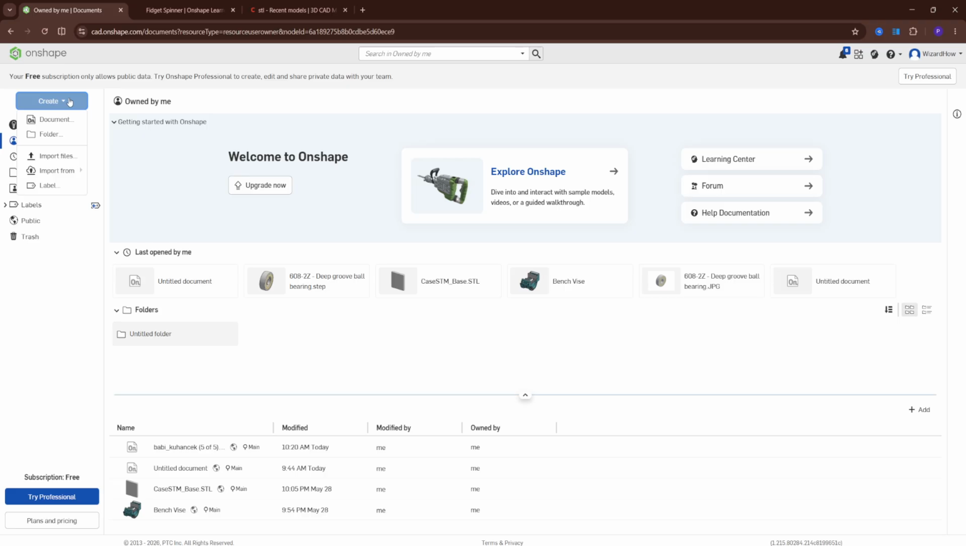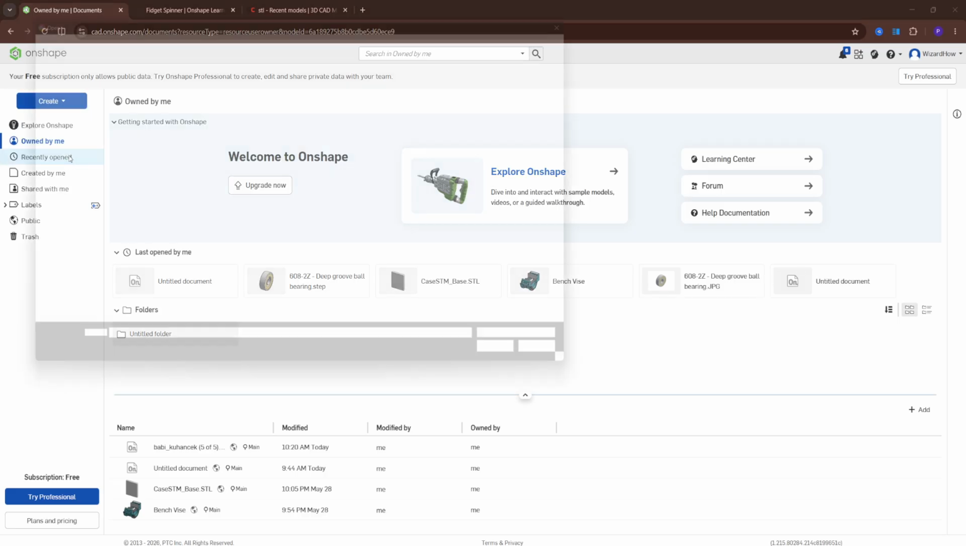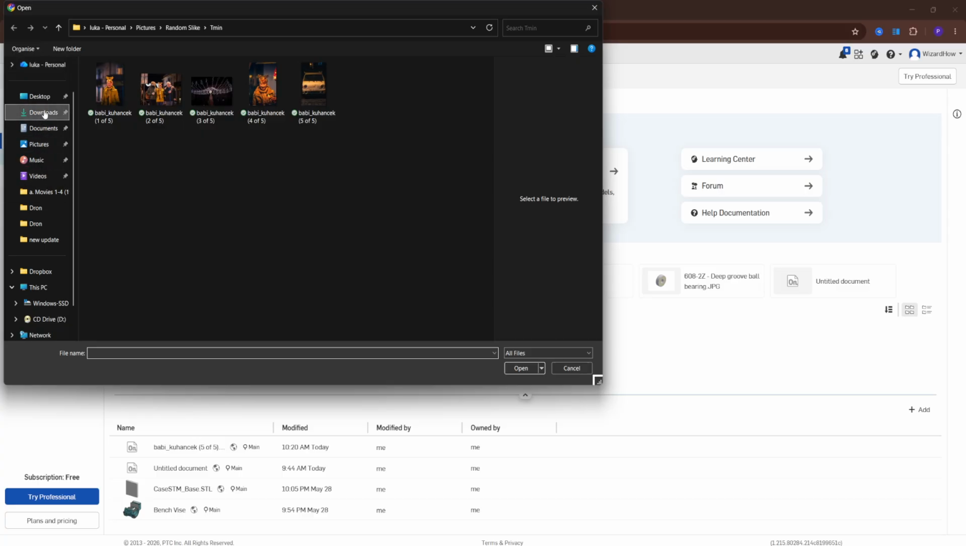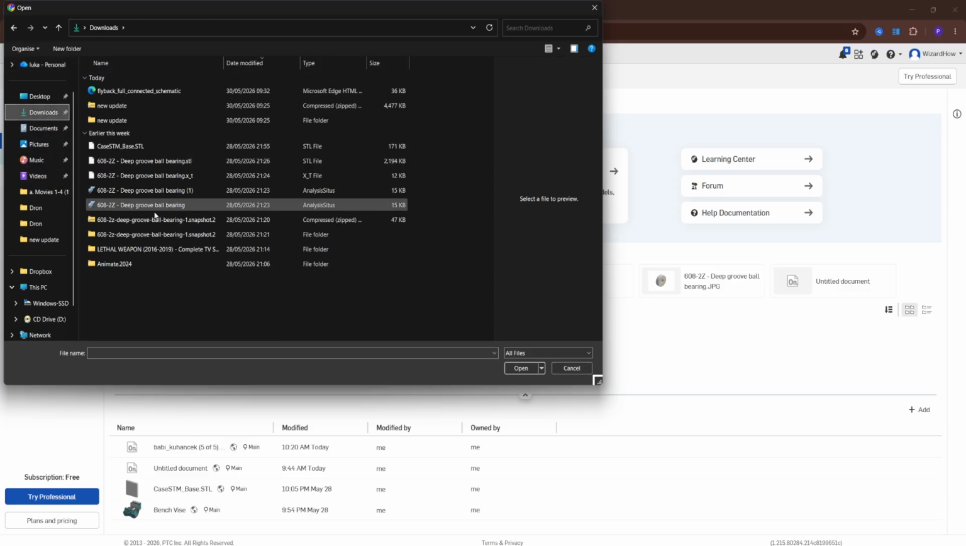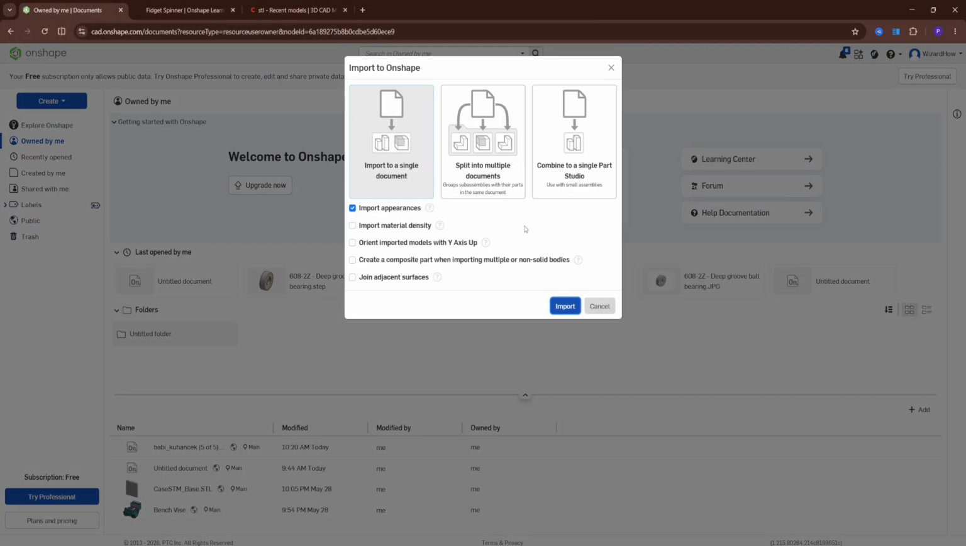Now choose import files from that drop down menu and then let's head over here to find this zip file, let's say this one, and click open. This window will show up so you can import to a single document, split into multiple documents, combined to a single part studio. Now also what you can choose is import appearances, import material density, orient imported models with y-axis up,